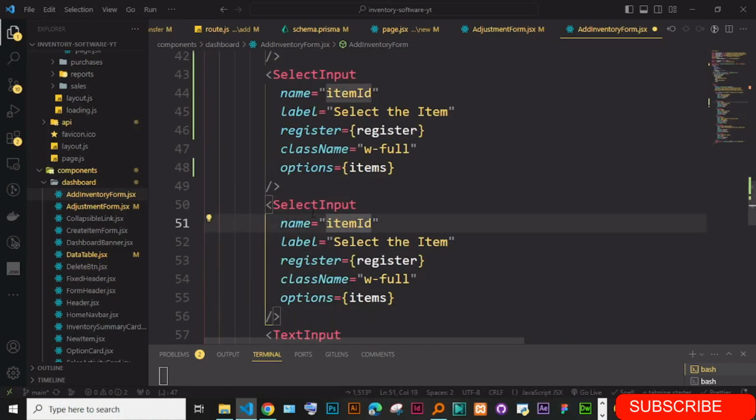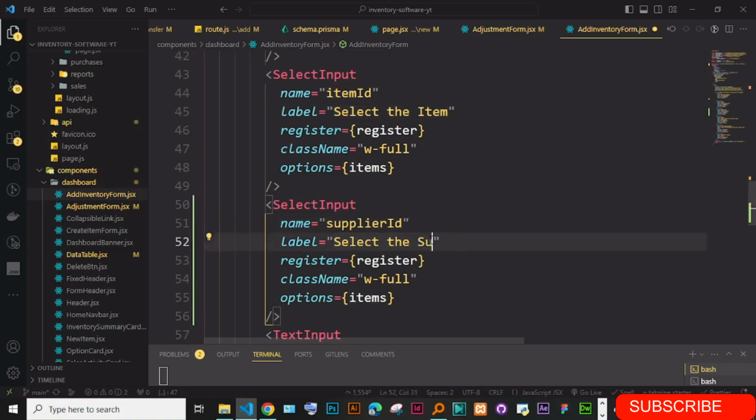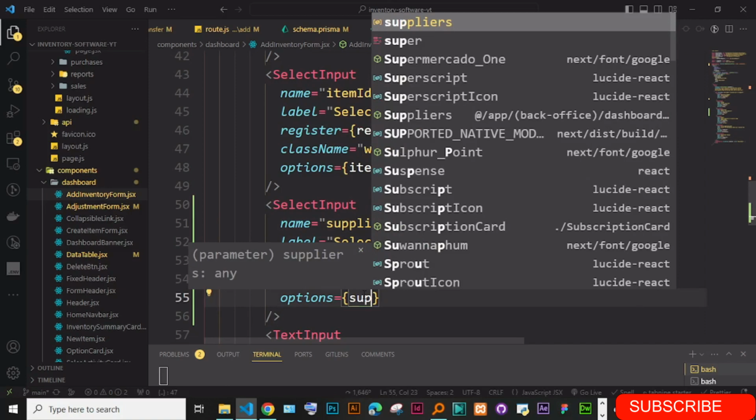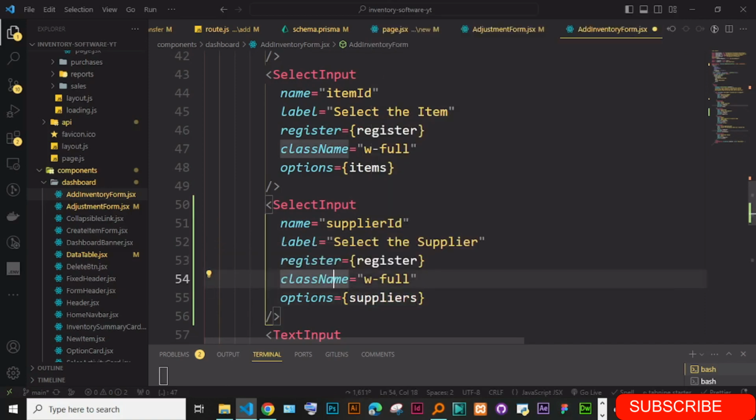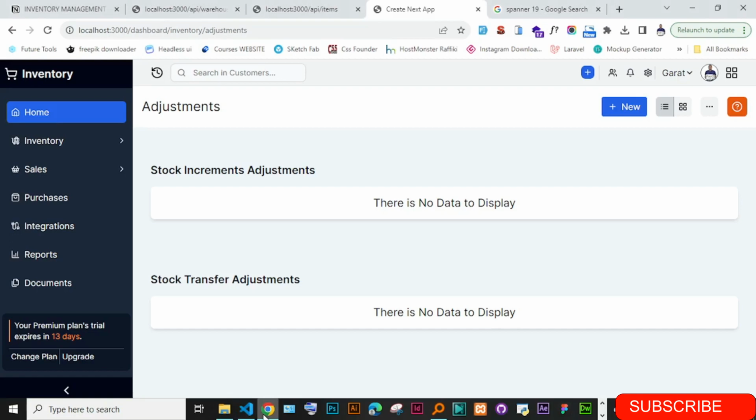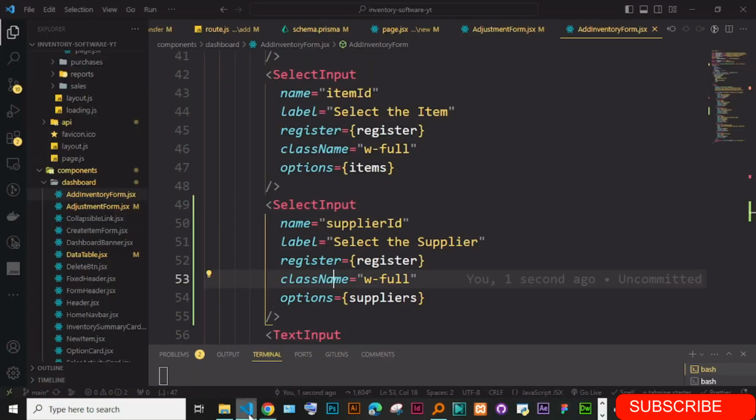So select, and this is going to be supplier ID. Select the supplier and register, of course. Then we pass in here options, suppliers. So with this, first of all, it has to change, and then we have to receive this supplier ID